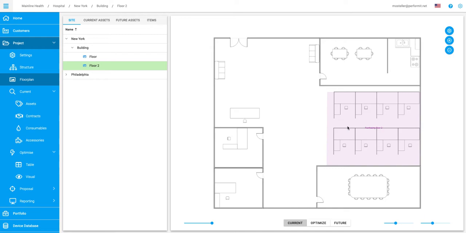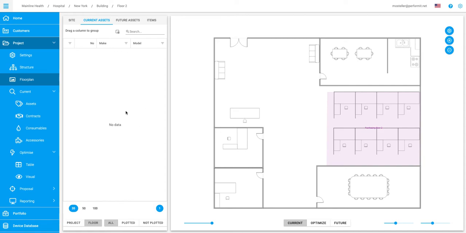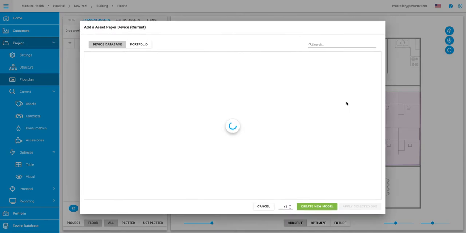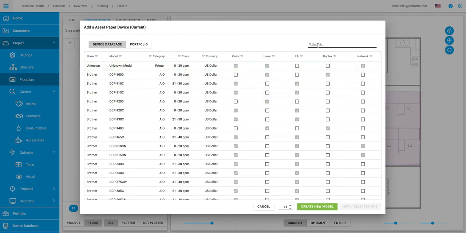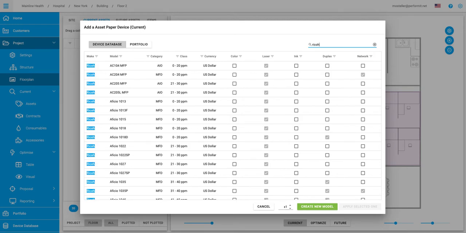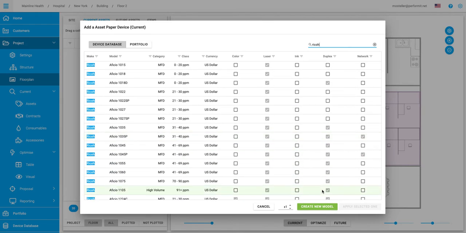The next thing I would want to do on this floor is, if I had to collect data manually, I can then go to current assets. You see I don't have any yet. I would just right click here, say I want to add a device. Here's my whole big database of devices. Let's just go search on. It can be make, model, whatever you want. Let's select a networked device,